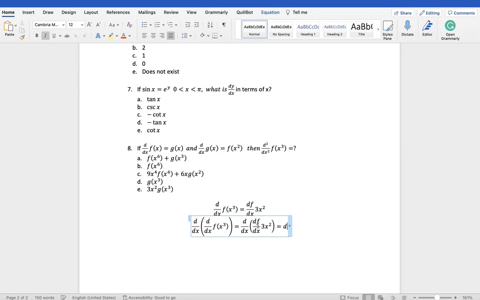So when you translate that, it means d squared f over dx squared, which is just the second derivative of our function f,